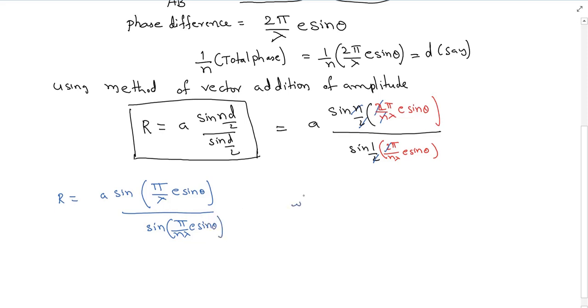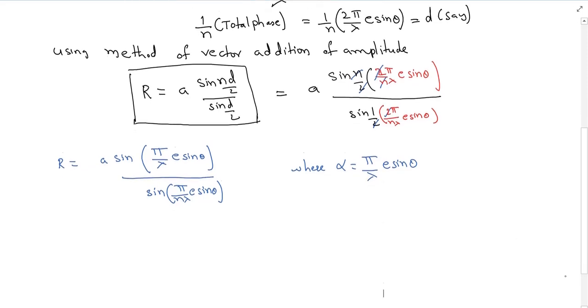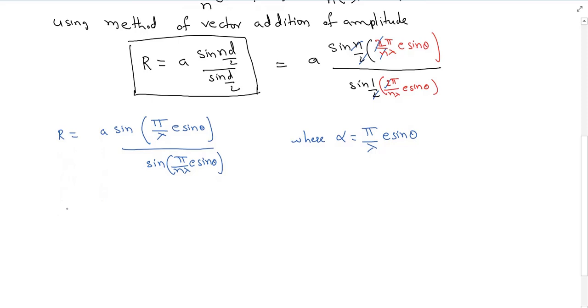Let us assume we write alpha is equivalent to pi by lambda into e sin theta. That means wherever we find pi by lambda into e sin theta, we will replace it with alpha. So R is equal to A sin alpha by sin alpha by n,